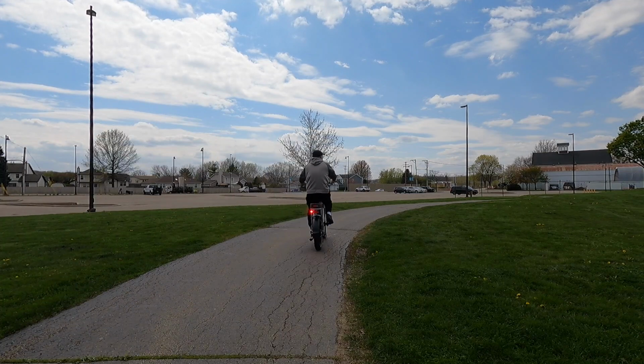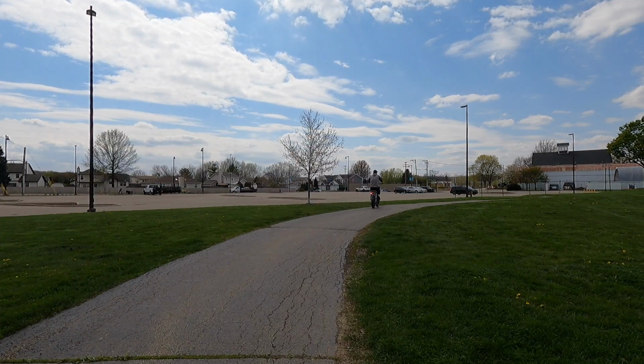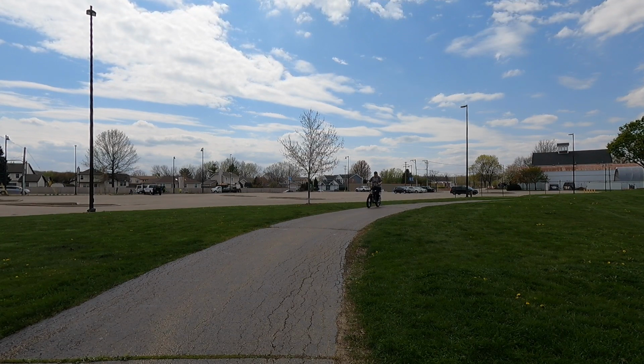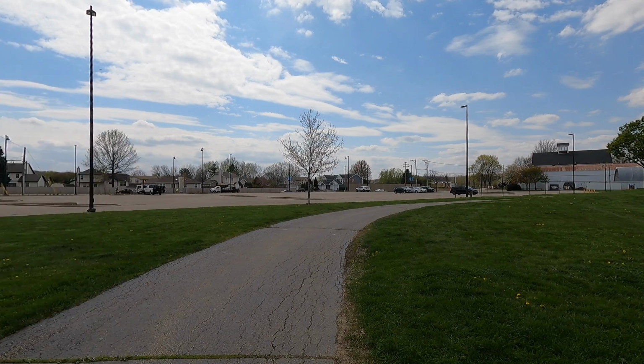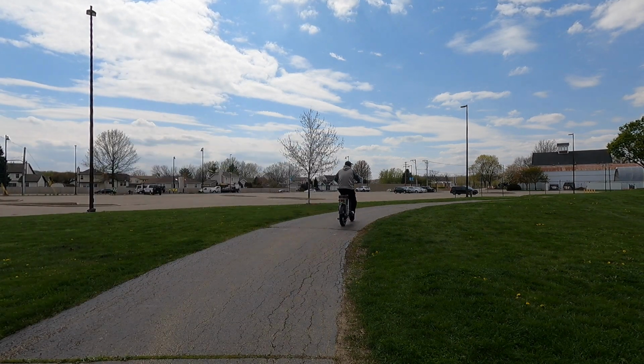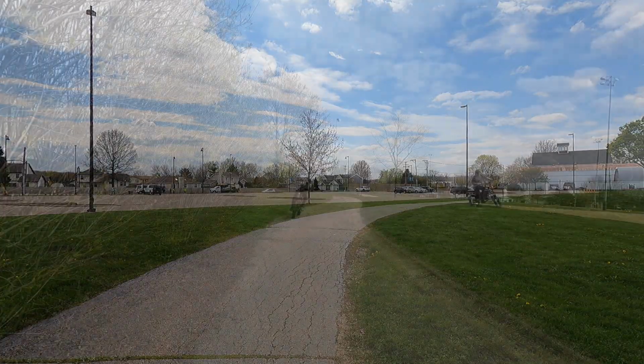Overall, I found the bike to be very impressive. It has a unique style and design that stands out. I got a lot of looks and compliments from many people passing by. The setup and assembly is fairly simple, and the videos from the website along with the user manual was a big help. During my test, I logged 30 miles on the bike, switching from various levels of the pedal assist